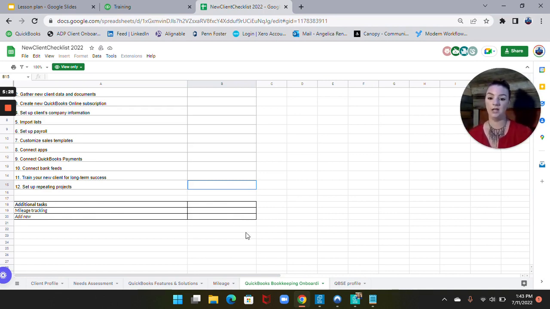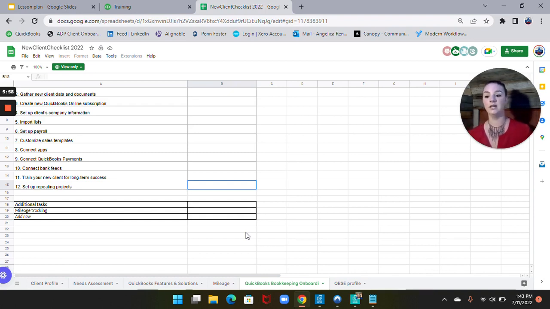So this is very good for the actual onboarding of your clients. I would really suggest using this whenever you're getting everything set up, because there are so many steps that it can be hard to remember what needs to be done. And whenever you first meet with a client, it's very important to have these steps in place. That way you don't seem like you don't know what you're doing. Whenever you're having the consultation with your client and they agree to sign up with you right then and there, it's good to refer back to this and go, okay, these are the steps that we're going to take,